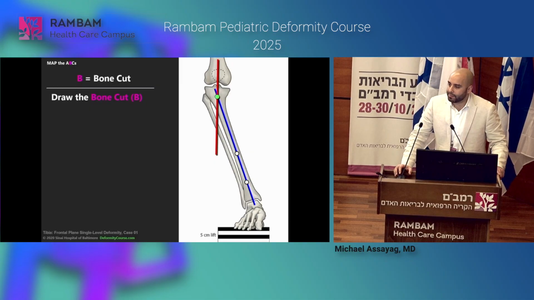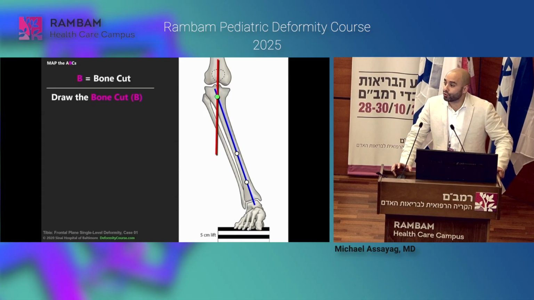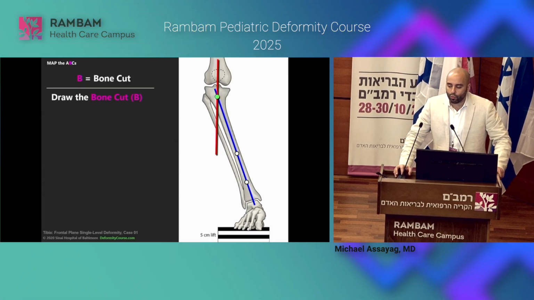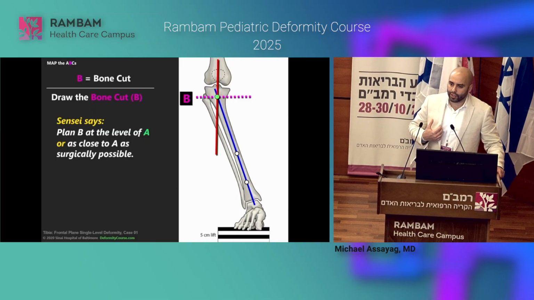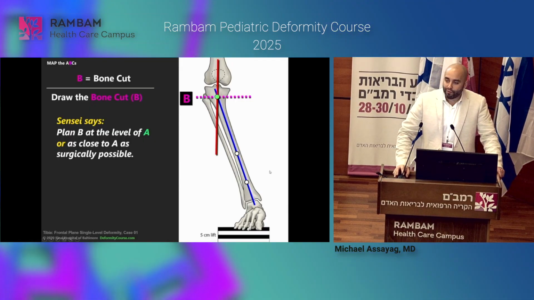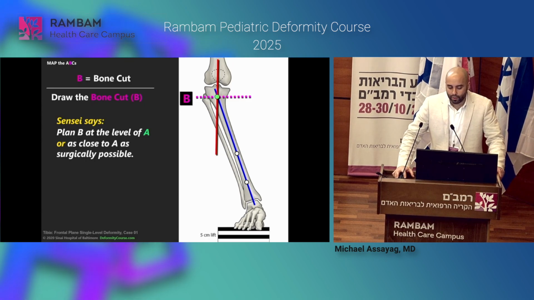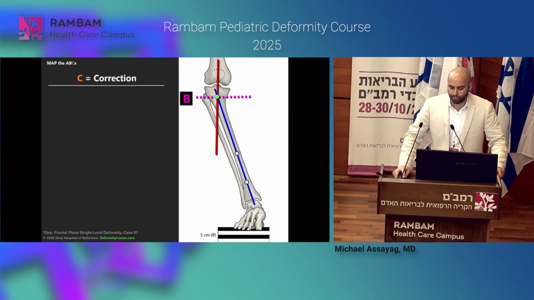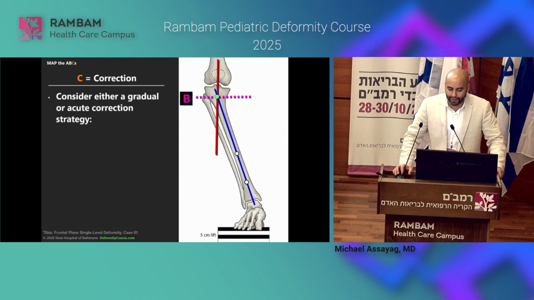However, B and C becomes the art. B and C is dealer's choice, surgeon's choice, and you can use whichever method you're comfortable with, whichever tool you know how to use. So the correction, the bone cut and the correction in my hands might be different than the correction in Dr. Gedalovich's hands. However, we always want to apply the rules, to obey the rules, really. So we'll do the bone cut as close as possible to that apex, wherever it's surgically and anatomically feasible. In this case, it's right below the tibial tubercle, so we can decide to cut the bone right there.